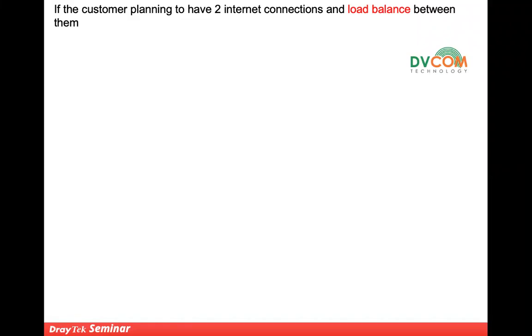Whenever the primary connection is down, the traffic automatically goes through the secondary connection. So it doesn't do load balancing. But the purpose is that if you have 2 internet connections and you combine them together, you will get more bandwidth, so you can have more throughput as well.